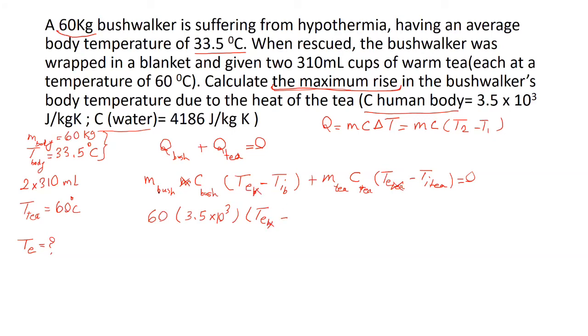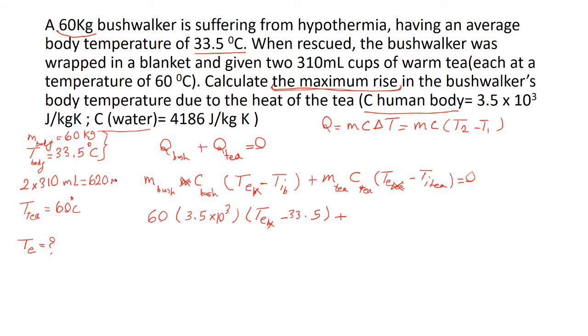T initial for the bushwalker was 33.5. Plus M tea. We don't have the mass of tea, but we know we had